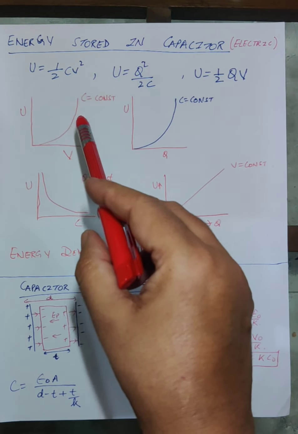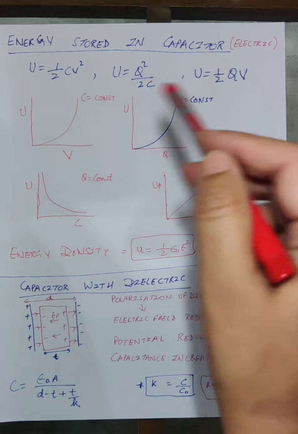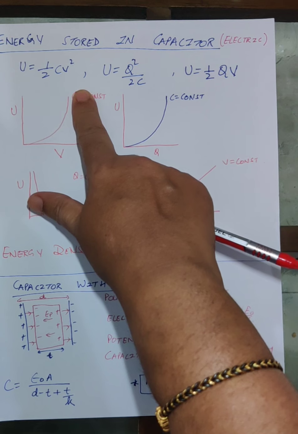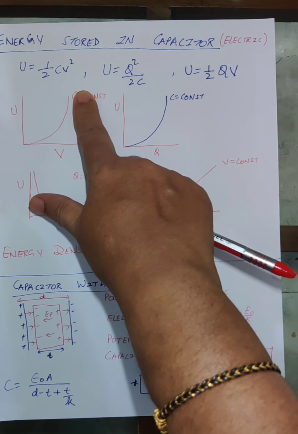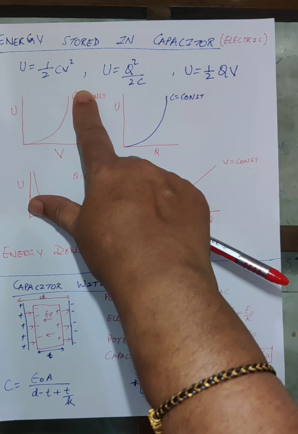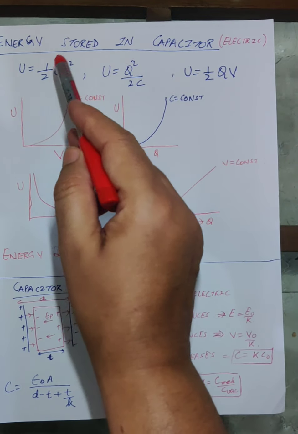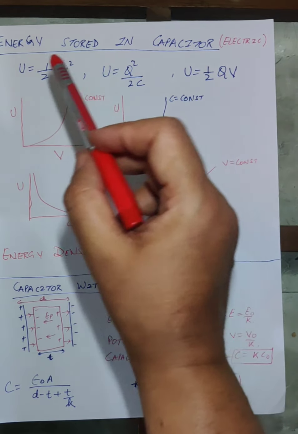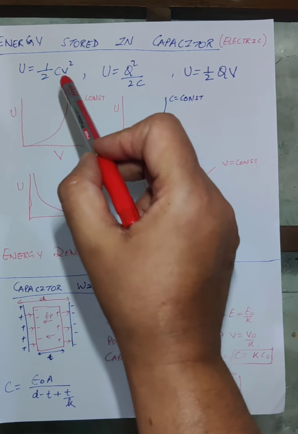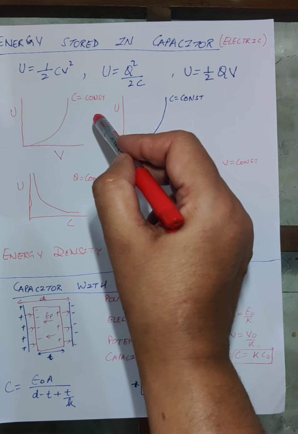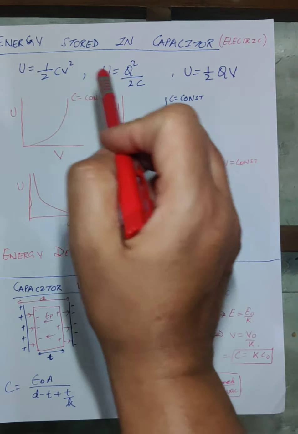So you have to learn these formulas and see what is given. Sometimes, children, the reverse will also be given. The graph will be given between U and V, and they will ask you to name the quantity which is constant. You have to see that the graph is between U and V. Since it is directly proportional to V square, now these are two relations: U is half CV square and U is half QV. Which relation will you use? In this case, since it is proportional to V square, which formula do I have to use? This one. So what is the constant quantity? C is constant. Like this, the concept should be crystal clear.